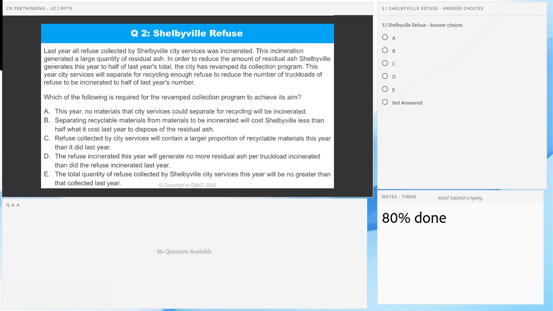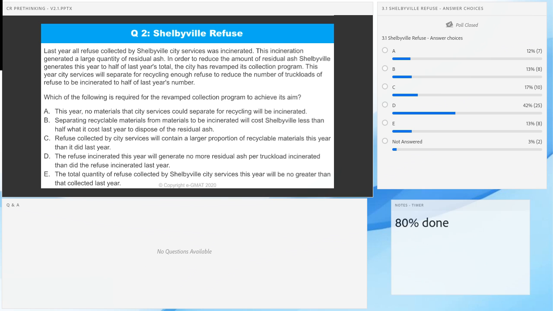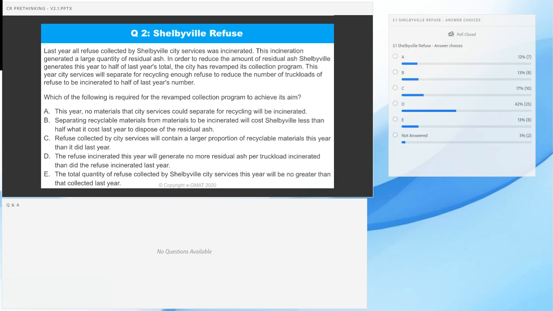All right, 80% are done. Let's get those answers in. 5, 4, 3, 2, and 1. Let me end the poll. I'm going to broadcast the results. You can see this is how you guys polled. Choice D, D for Delta, is really popular, but then choices B, C, and E, and actually A, B, C, and E also have an appreciable number. The most popular choice only has 42% of votes. All right, it's good.